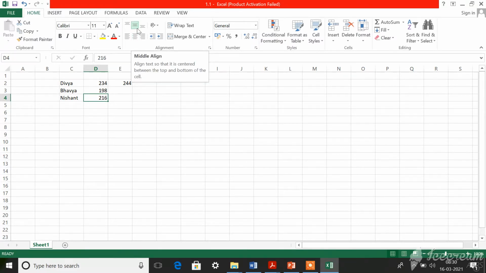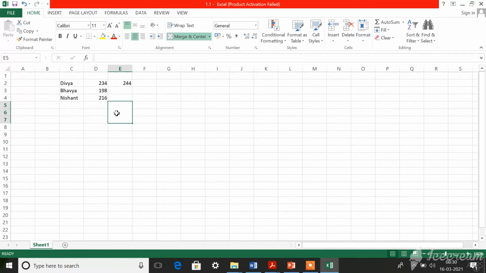Now you see this cell size is big, and I type high here. Now you can see that this high is printed at the top because top align has been clicked. If you want that high to be in the middle, click here. You can see it came to the middle section. Then if you want that to be at the bottom, click this, then it will move to the bottom. If you want that to be left aligned, click this. Right aligned, click this. Middle alignment, you can click this. However you want, you can align using this alignment option.